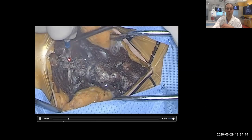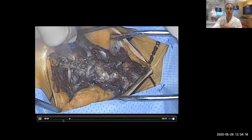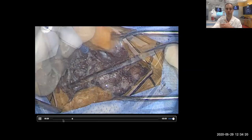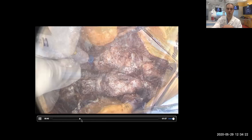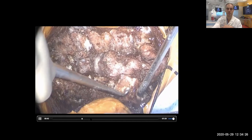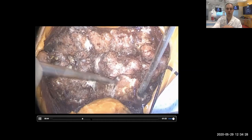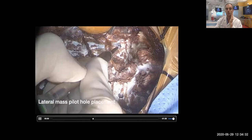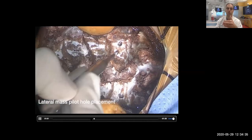So you can actually see that there's skin, fat, muscle. The resident is using electric cautery. There's actually tendons attaching to the bones. And as the case moves on, they can scrape off all the degenerative process off the 3D printed vertebrae that we use. All the anatomic structures are completely intact, and we can actually show the residents how to do these